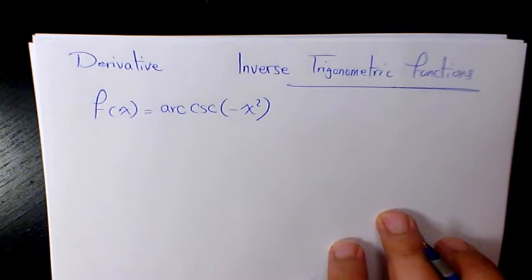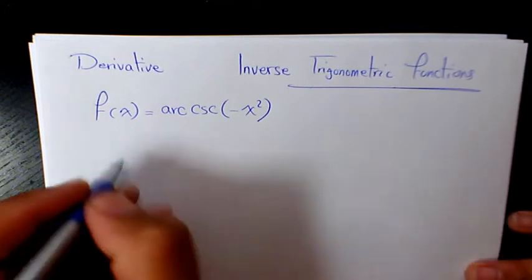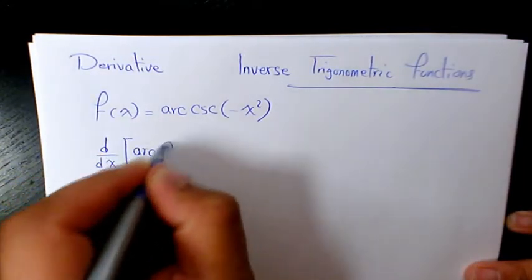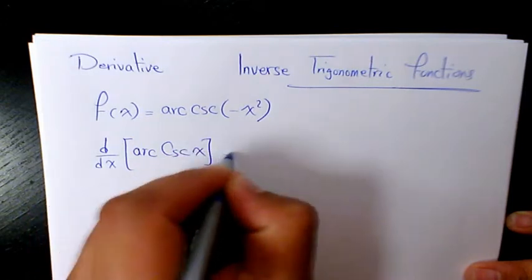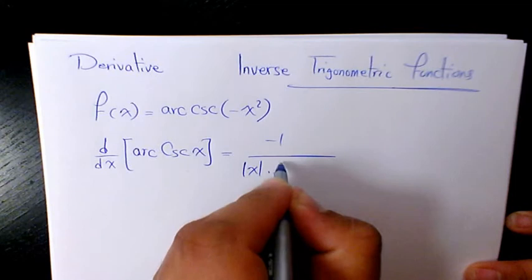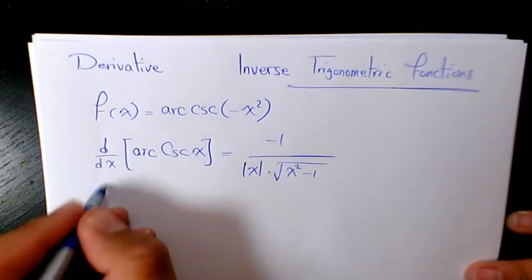Welcome to another video. In this video I want to show you how to find the derivative of arc cosecant of negative x squared. You know the derivative of arc cosecant x is negative 1 over absolute value of x times square root of x squared minus 1, and